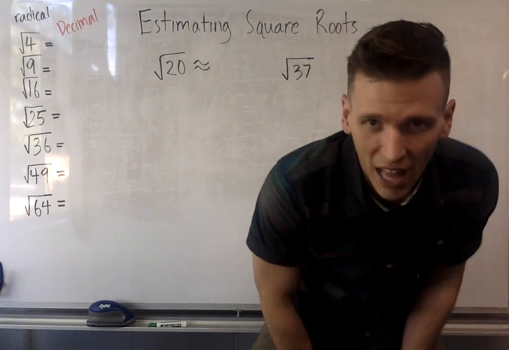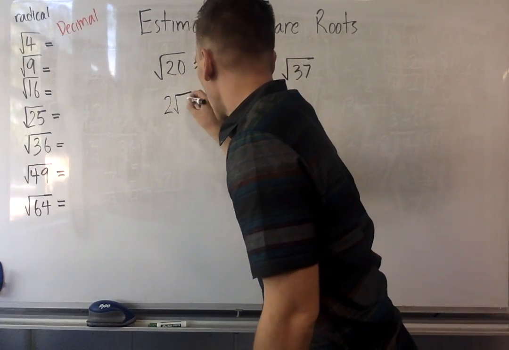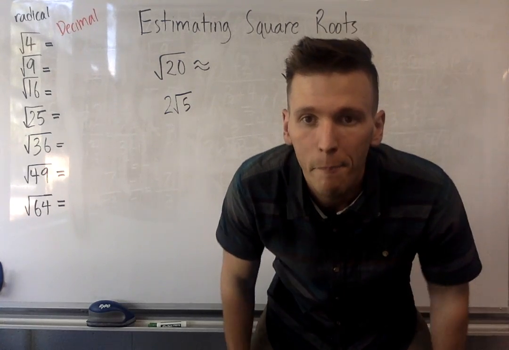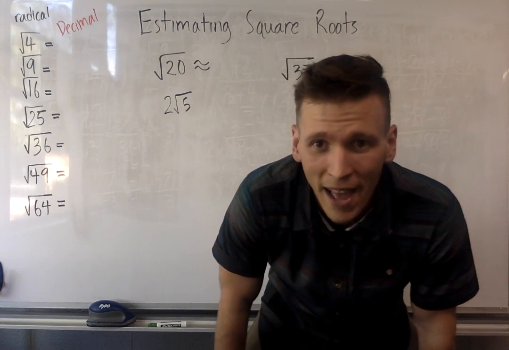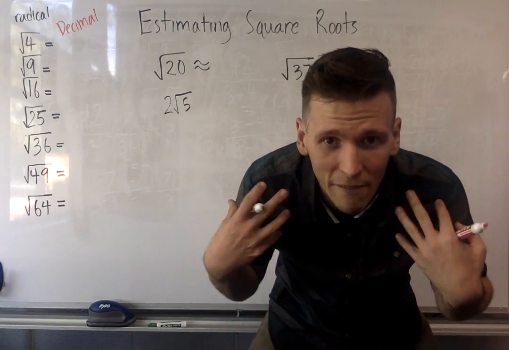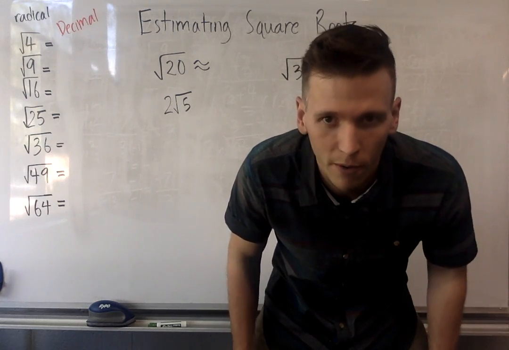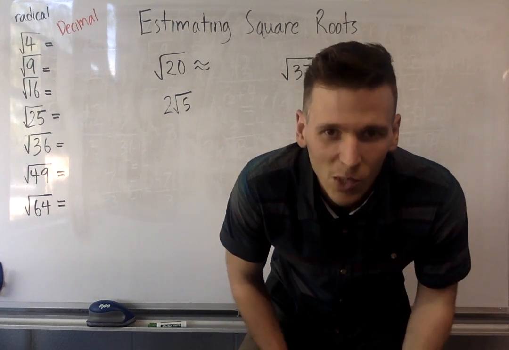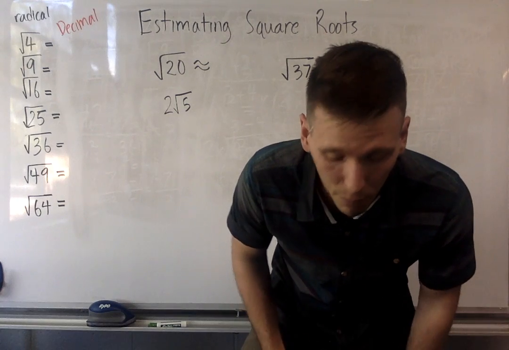And you may remember from other classes, well, you can reduce the square root of 20 and actually rewrite it as 2 times the square root of 5, and that's true. Those are exactly the same number. But again, I still don't know how many marshmallows is 2 times the square root of 5. And since we don't know what the square root of 5 is just intuitively deep down in our souls, it's hard for 2 times the square root of 5 or the square root of 20 to really mean anything for us. This is where this really cool estimation tool comes in,